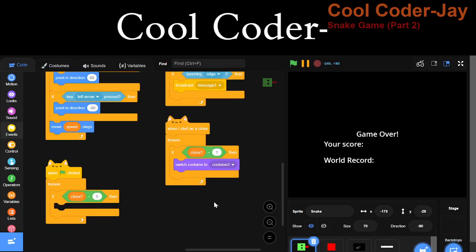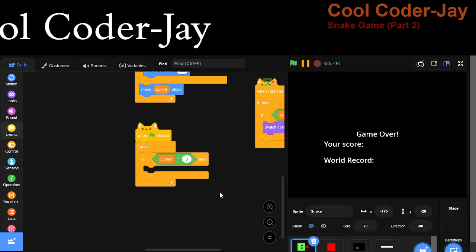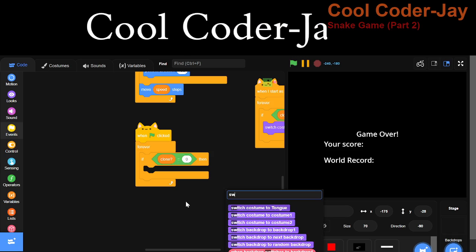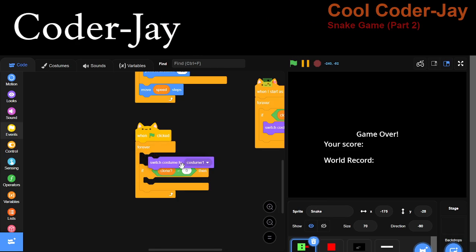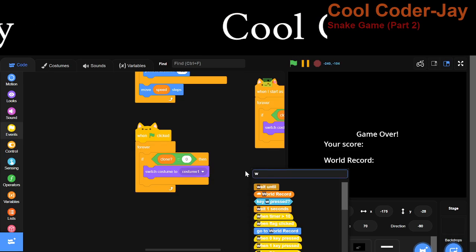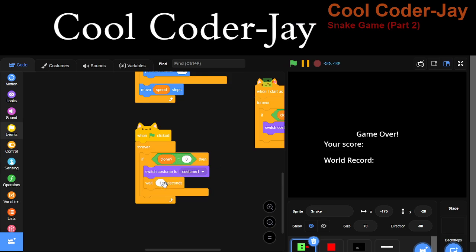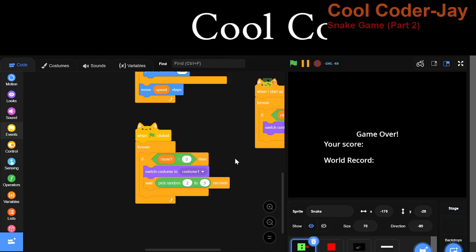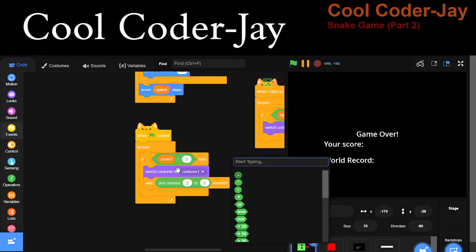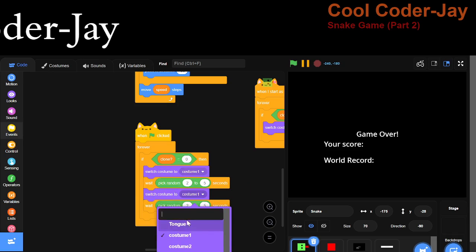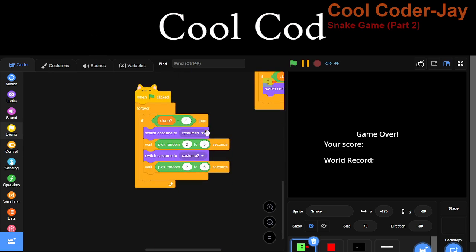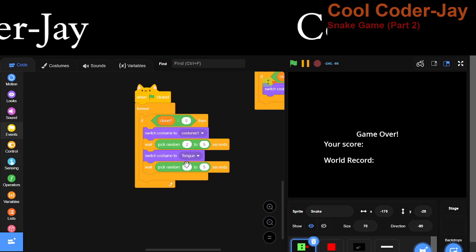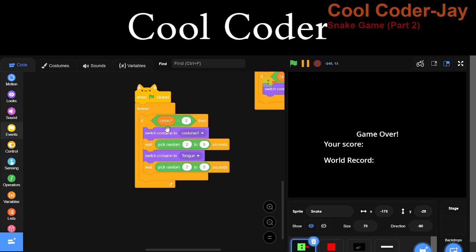So now if clone is equal to 0, switch costume to costume 1, then wait a random 2 to 5 seconds, switch costume to costume 2, costume tongue, pick random 2 to 5 seconds and it will loop around.